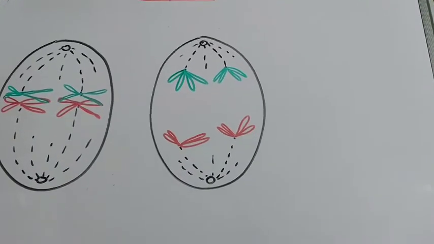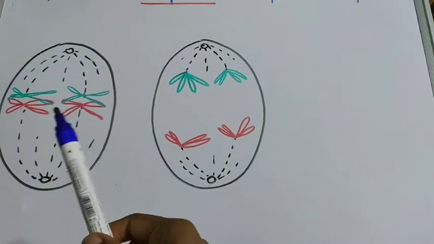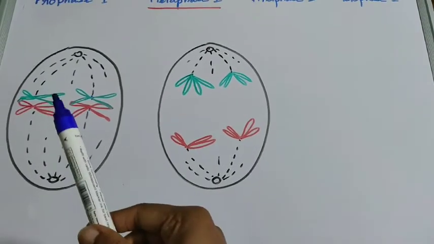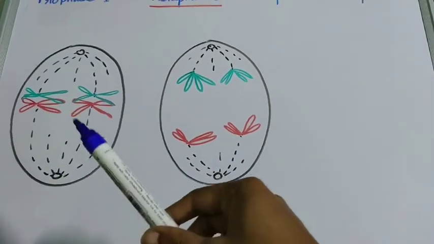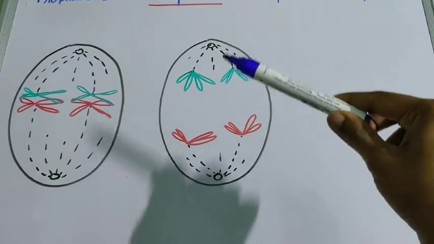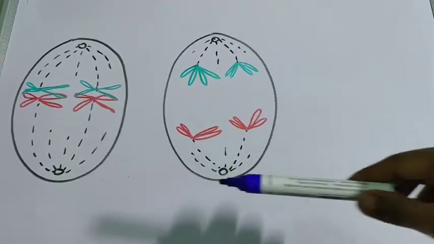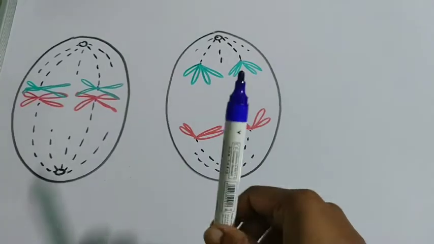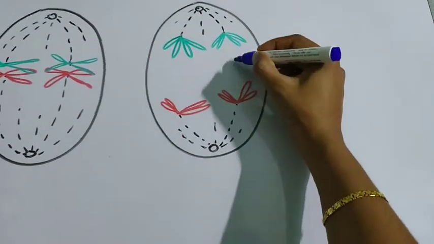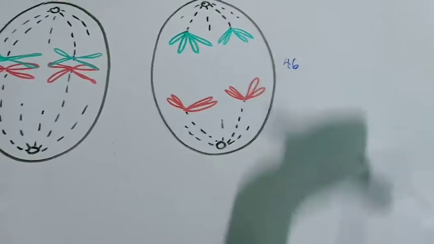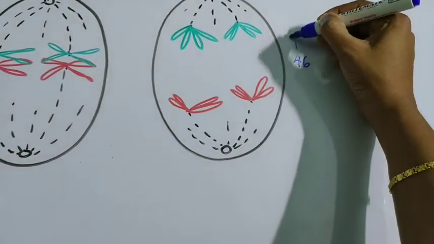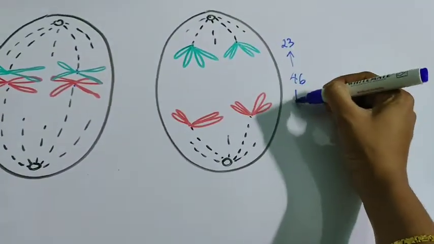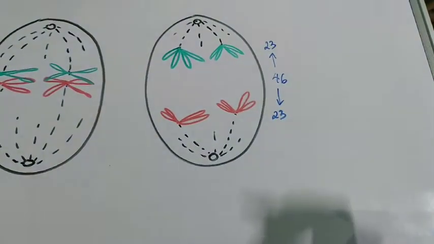Now let us look at anaphase. During anaphase, what happens is these homologous chromosomes separate. ഈ ഹോമോലോഗസ് ക്രോമോസോമിൽ ഒരു പെയറിനകത്ത് ഓരോ ക്രോമോസോമായിട്ട് മുകളിലേക്കും താഴേക്കും are moving. The chromosomes start moving to opposite poles upon the action of the spindle fibers. ഇവിടെ you must understand one thing that നമുക്ക് മൊത്തത്തോടെ ഉണ്ടായിരുന്നത് 46 chromosomes ആയിരുന്നു in the beginning. Okay, and they had formed pairs. So ഇപ്പോൾ after separation 23 are going up and 23 are going down to opposite poles.